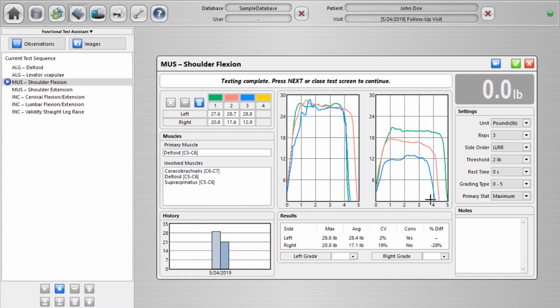And in that case, the evaluator could say, well, what are we going to do with this data? We could choose to perhaps throw out the lowest one. You actually can erase it in the software, but we can also simply deselect it or exclude it from testing. So if I take this bottom rep, which was the most fatigued, not necessarily the repetition that is representative of the patient's ability, we're going to go ahead and click on exclude,